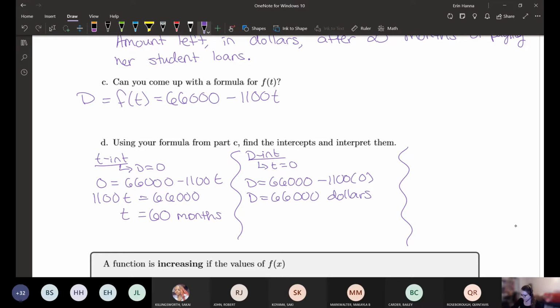So now we've got to interpret the two. Remember, these are two completely separate entities. They have nothing to do with each other, so you need essentially two separate sentences, if you will. I'm going to start with the D-intercept, actually, and that would be something like, so it's essentially 0 months, $66,000. Again, I never really like saying after 0 months or something like that, so I would just say something like,